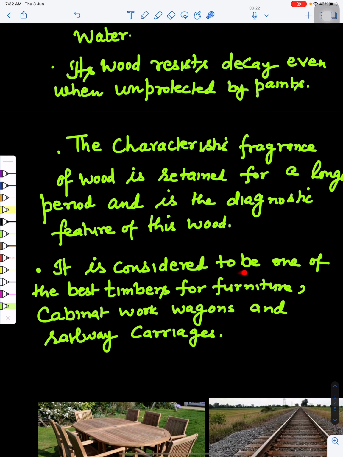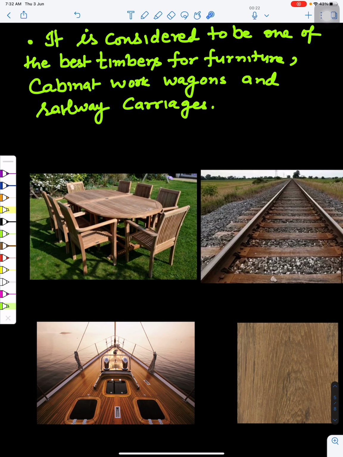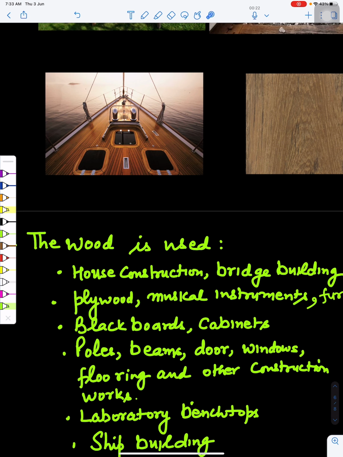It is considered to be one of the best timbers for furniture formation, cabinet work, wagons, and railway carriages. Now we can see here certain figures. Now here furniture is being made, tables, chairs, sofas. We can make different kinds of furniture. Now these are used for railway purposes, and this is for marine ship work, and these are plywoods. So wood can be used for house construction, for making doors, window frames, and many furniture things, bridge building, plywood, like we have seen, this is plywood, musical instruments,